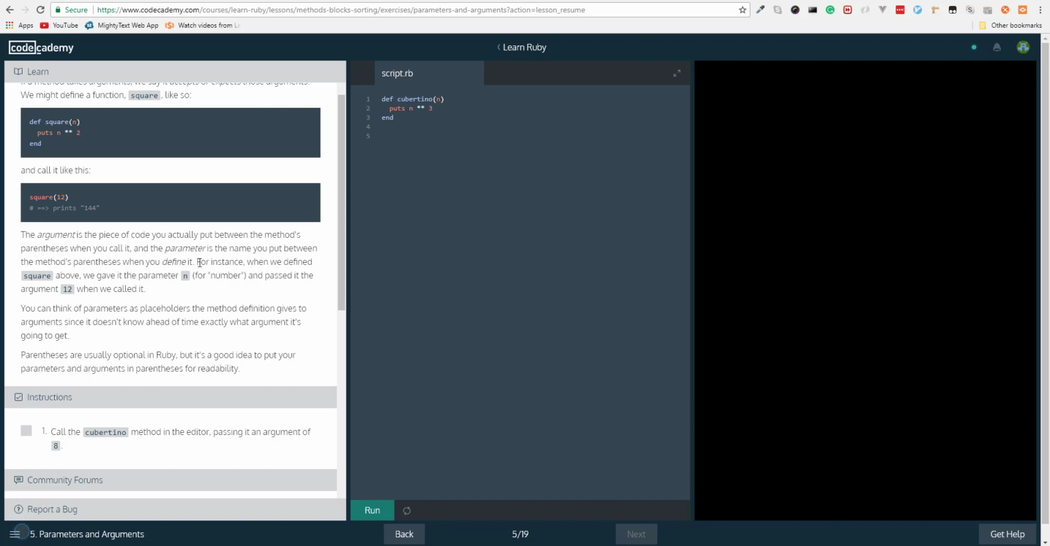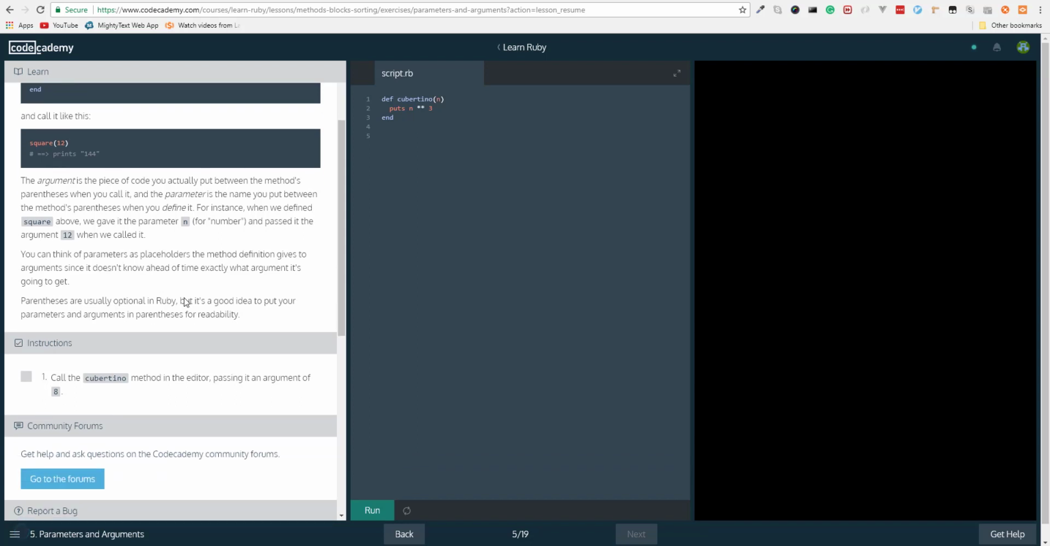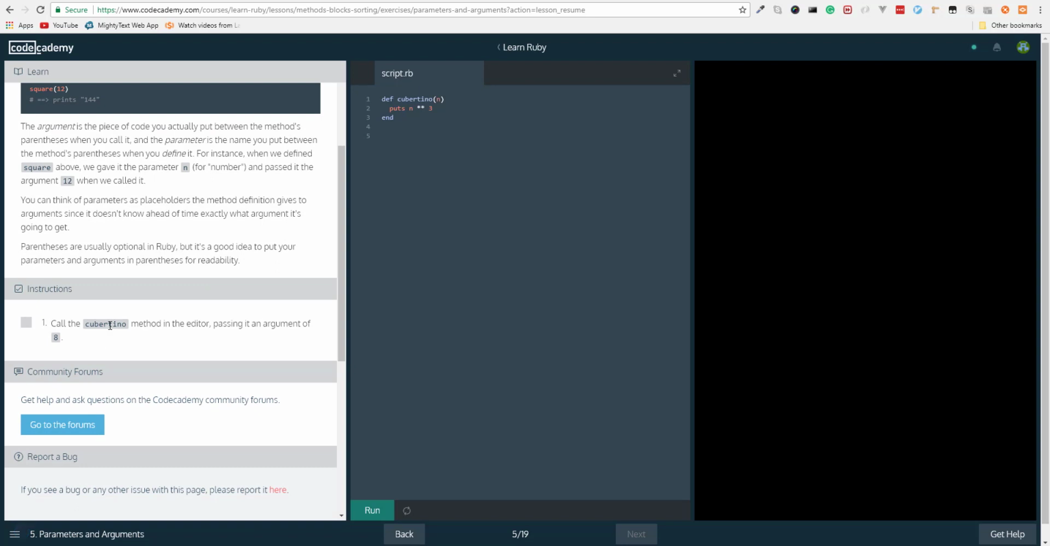Moving on. So for instance, when we define square above, we gave it the parameter n for number and passed it the argument 12 when we called it. You can think of parameters as placeholders the method definition gives to arguments, since it doesn't know ahead of time exactly what argument it's going to get. Parentheses are usually optional in Ruby, but it's a good idea to put your parameters and arguments in parentheses for readability. So call